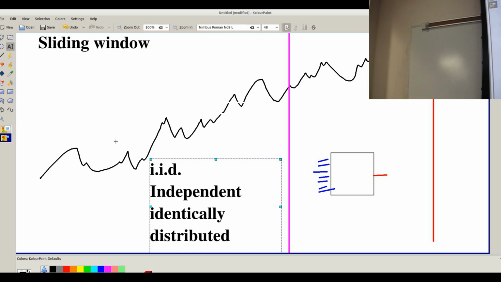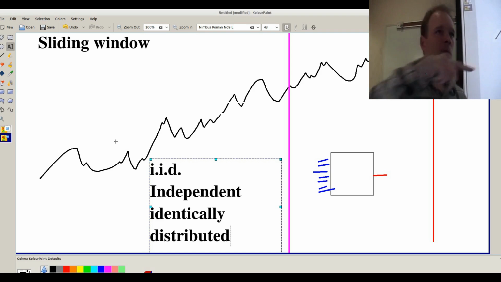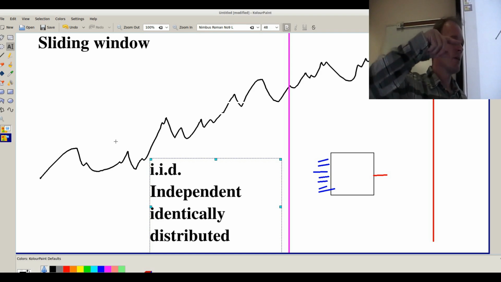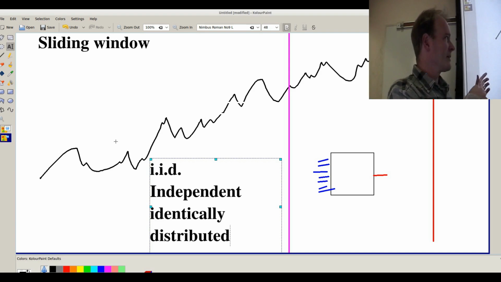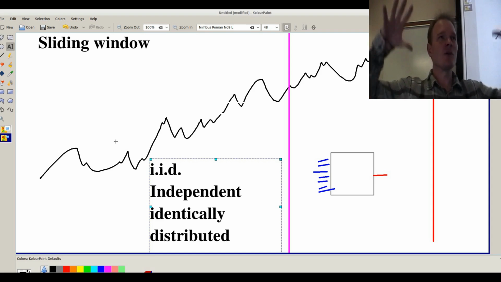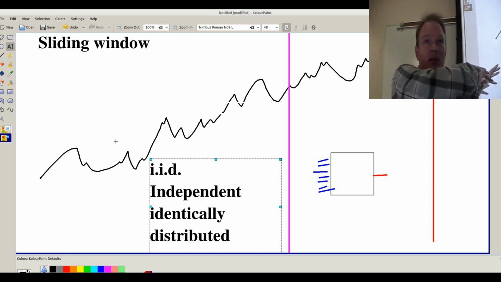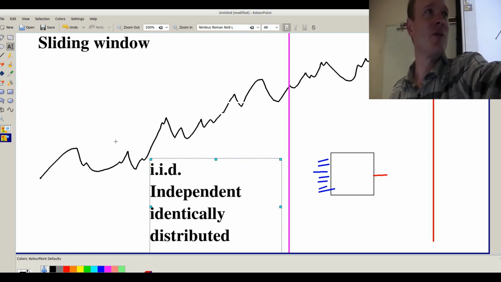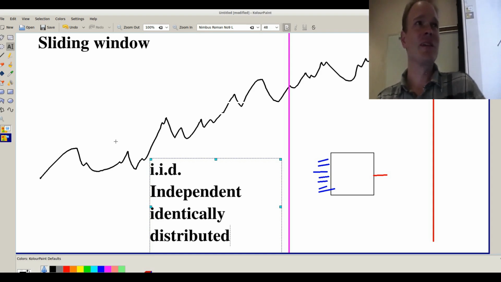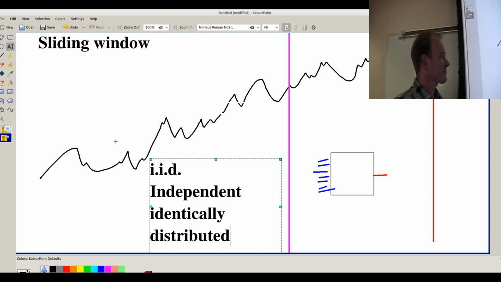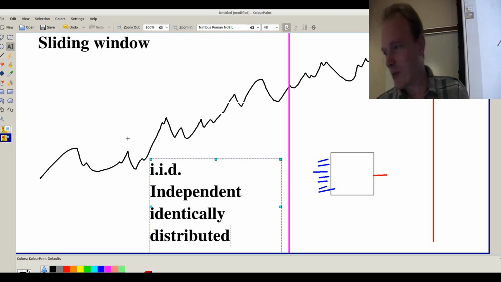Let me give you an example of not identically distributed. We sample all the people in this room and measure their IQs, and then go off out into the world and try to predict the IQs of people at the mall. You see how that doesn't work very well, because there's a bias here. You are not random people at the mall. You are people in a machine learning graduate level class. Your brains are a little different than theirs. That was a nice way of saying you guys are smart. I'm complimenting you.